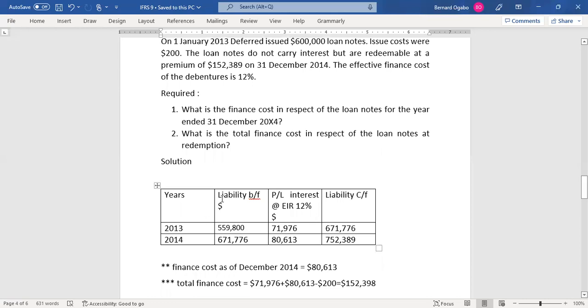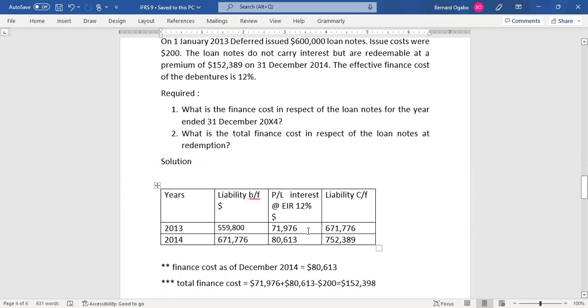To get the amortized amount brought forward, first, we said that when there are issue costs, you take the issue cost away from the face value of the proceeds. If there was no issue cost, I would actually bring 600 here, like in the first example. But here we need to take away the issue cost first. So we take the issue cost of 200 from 600,000, and it gives me 559,800. I multiply by 12%